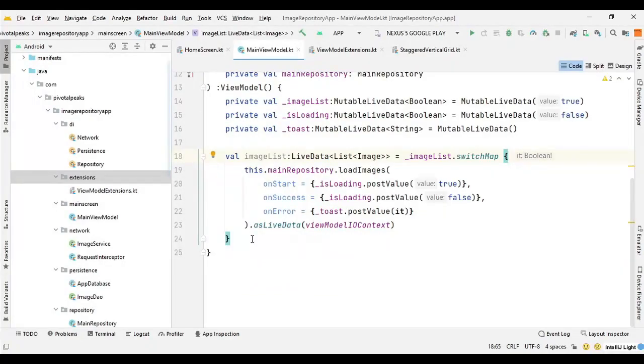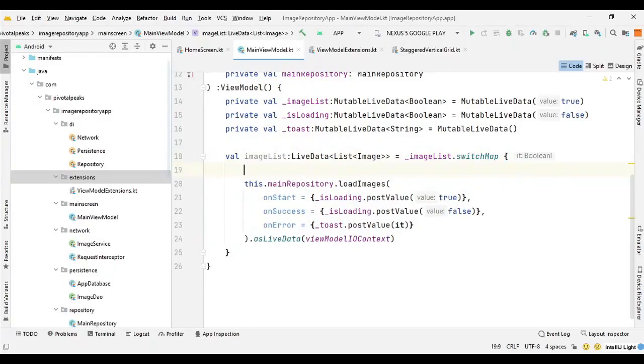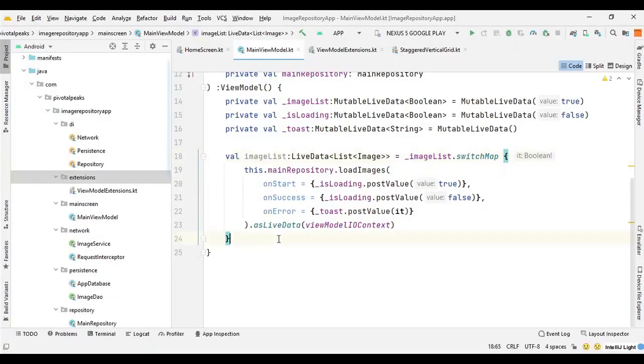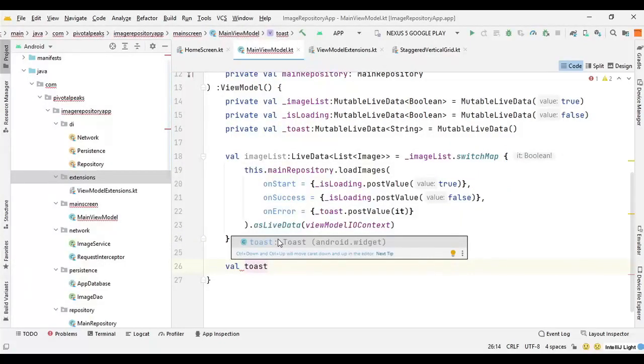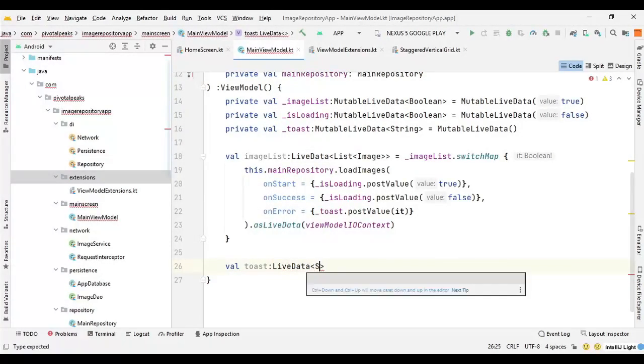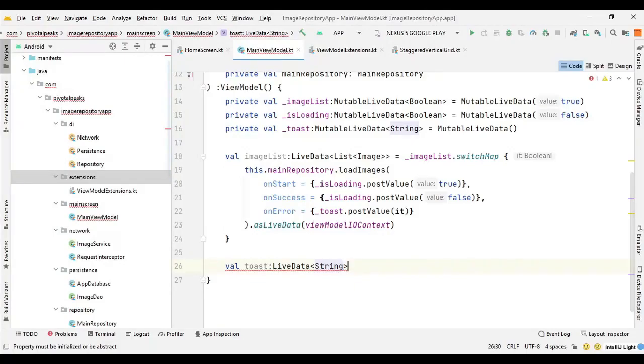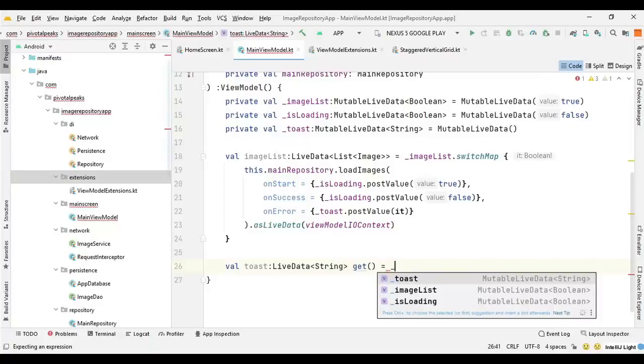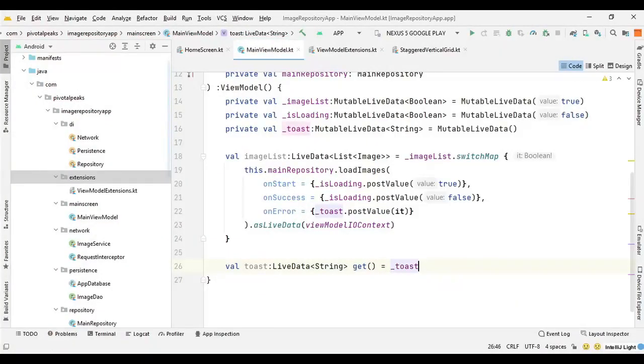Now we also need an observer for our toast, so we can say value toast of type live data, provide the string, and we can say get, and we can set it to toast. The get function is used to set a getter like we do in POJO classes.